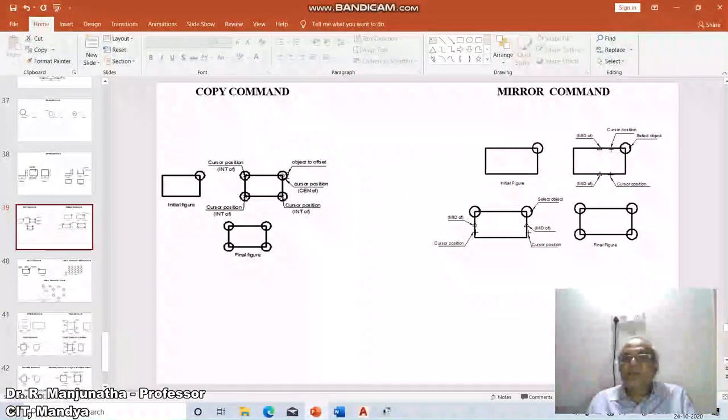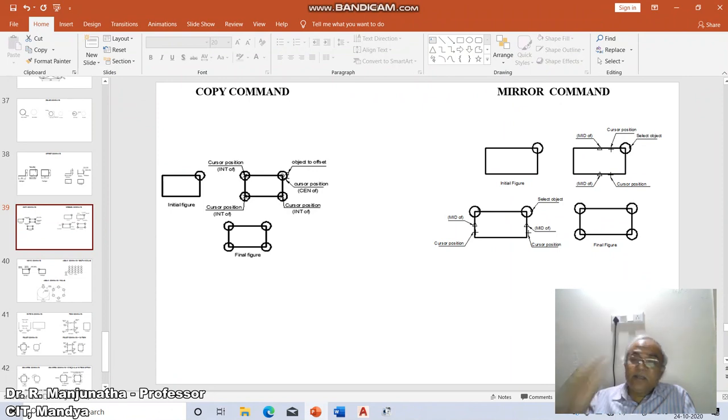So that is the position where we are going to select. We can see here. If I position the mirror exactly at the midpoint of this line, then what happens? The distance from this to the source object is going to remain the same as from the new object to the reference position of the mirror. So that is the distance which is going to be considered.